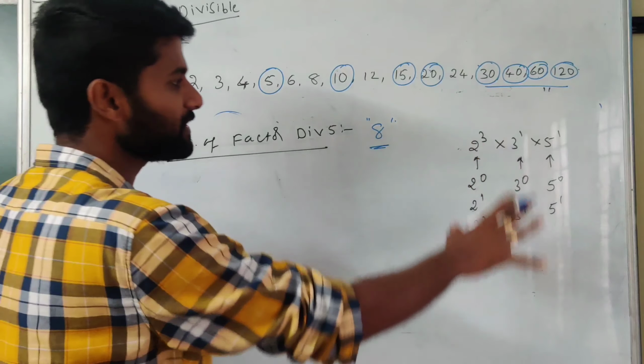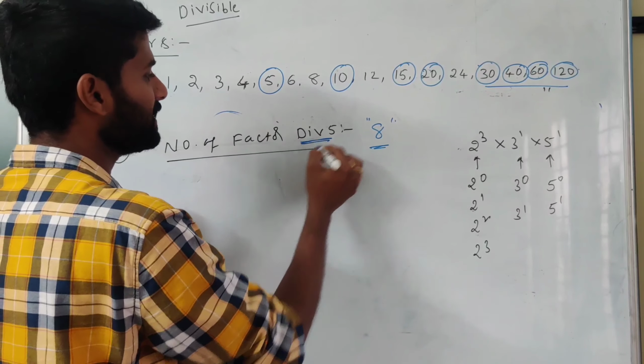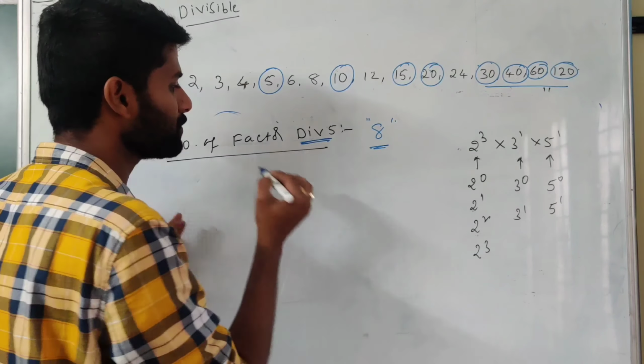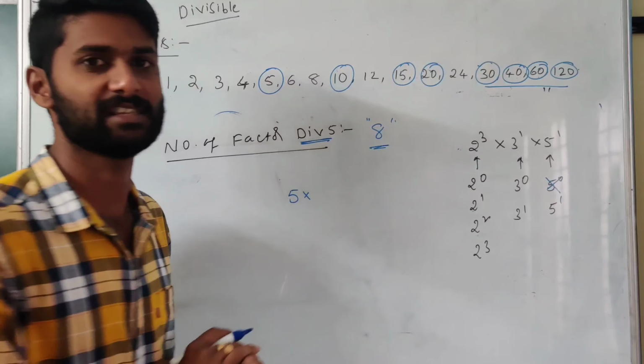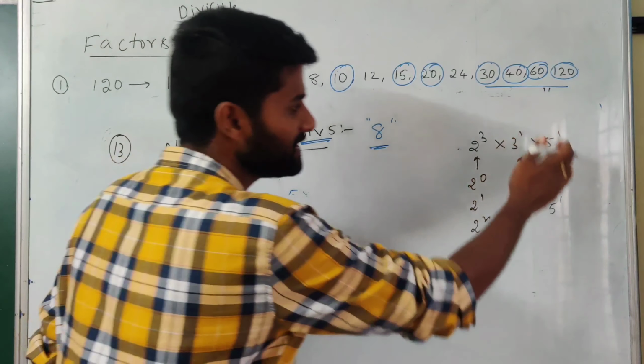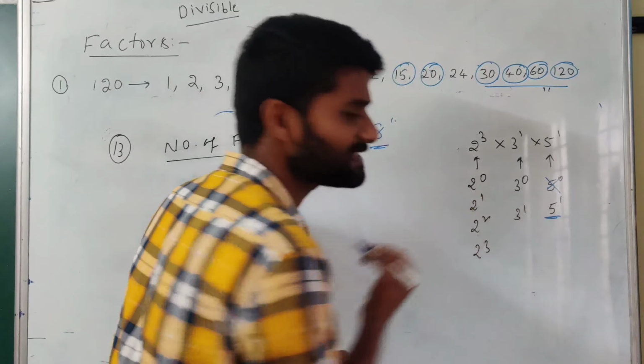But if we go with the factors approach, we require 5 as a must and should number. So we need to eliminate 5 power 0. Clear? So from these numbers we consider these, and we know that, for example, 3 power 0 value becomes 1, 3 power 1 value becomes 3. So 5 ones are 5, 5 threes are 15. Both are exactly divisible by 5.